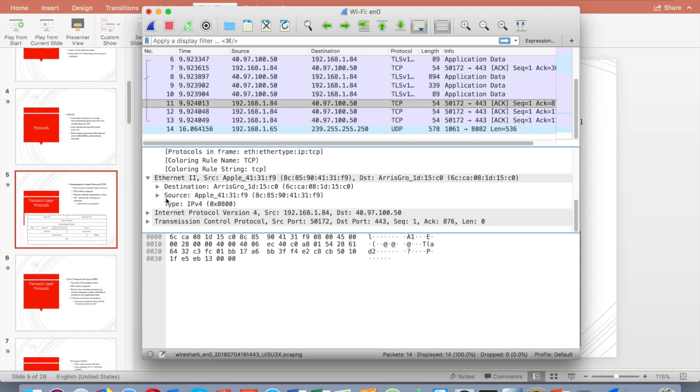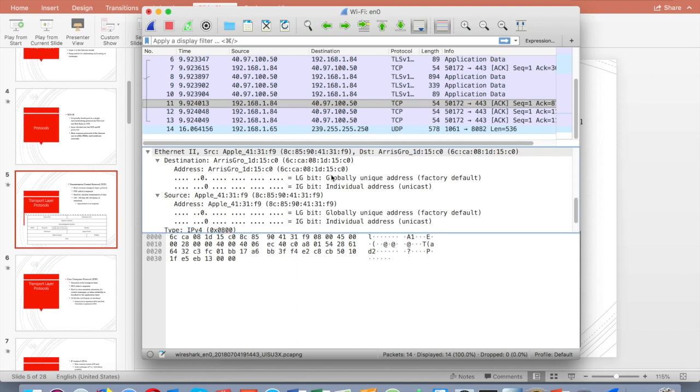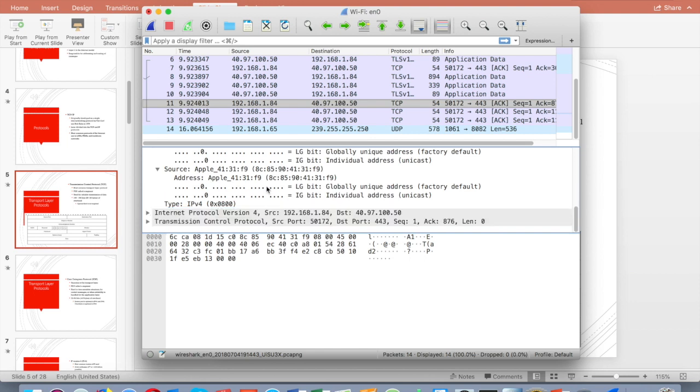I can tell that it's an IPv4 connection. I can open some of this up. I can get some very interesting information out of this. And I want you to remember that this address is an Apple address, and I want you to see the way it's listed here, right there, and look at that. Maybe even take a screen print if you're looking online, because we'll come back to that.